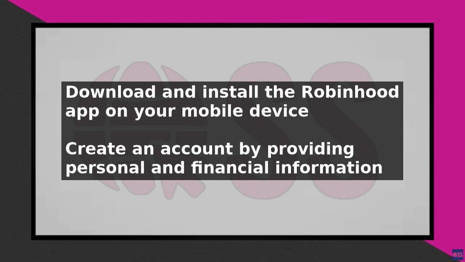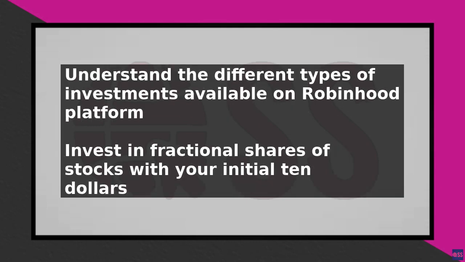Next, you need to understand the different types of investments available on Robinhood, including stocks, options, and cryptocurrencies. With $10, you can start by investing in fractional shares of stocks, which allows you to buy a portion of a share. To make money on Robinhood, you need to have a solid understanding of the market and the stocks